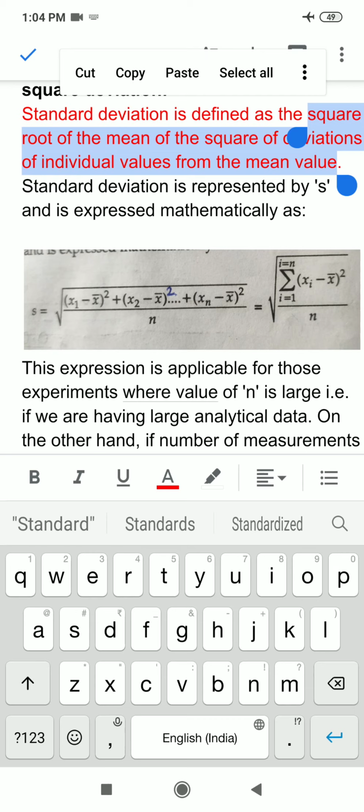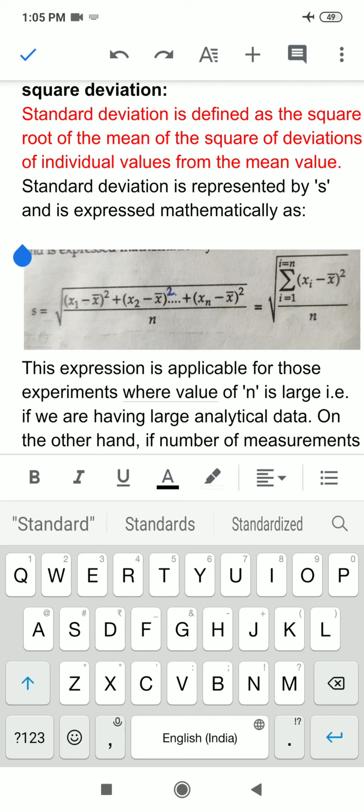First of all, it is square root sign or under root sign. So I am saying that standard deviation is the square root, and after that in the square root it is divided by n, mean. So I can say that it is the square root of the mean of the square of deviations of individual value from the mean value,